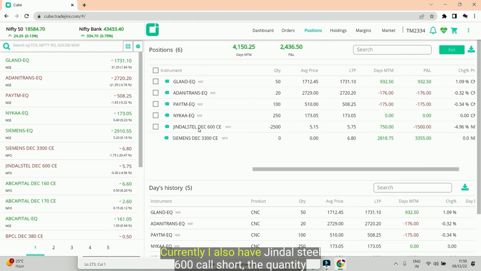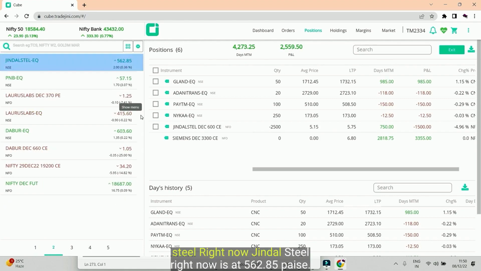Currently I also have Jindal Steel 600 call short. The quantity is minus 2,500. So minus indicates that I've sold this option first. That means I've sold this call first and I'm expecting the market to go down. Let us look at what exactly is the price of Jindal Steel right now. Jindal Steel right now is at